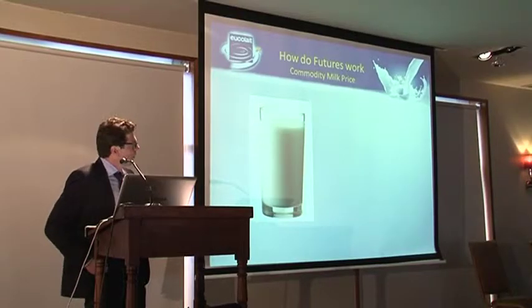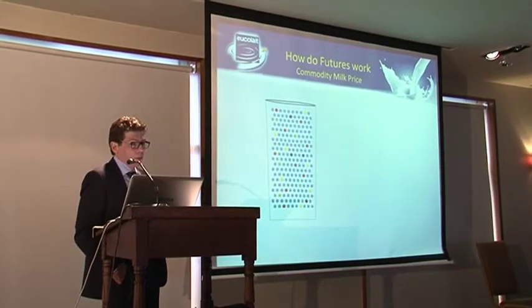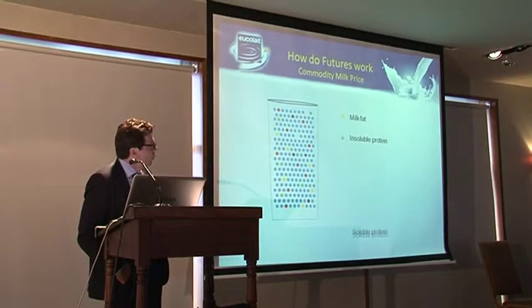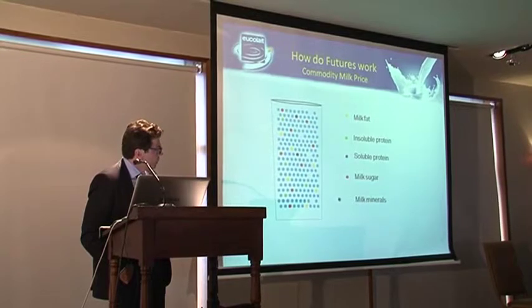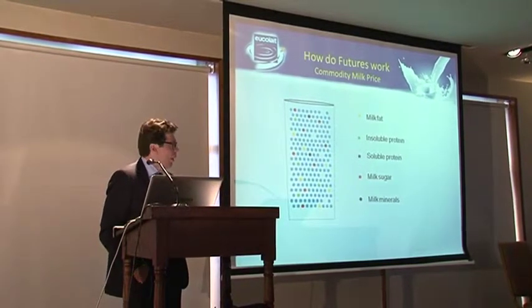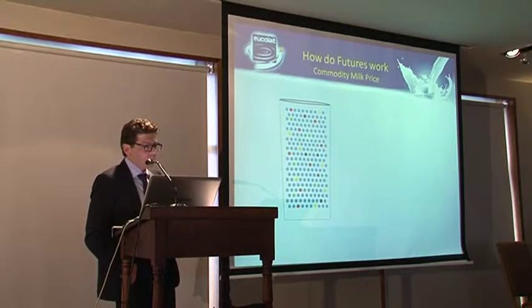I was so proud of my gimmick here. One of the elements I wanted to show: if you look at a glass of milk, you can also look at its individual components. You have milk fat, and two types of protein, insoluble and soluble. The insoluble is the casein and the soluble is the whey. You have lactose and you have minerals. I made that presentation at the expert group for agricultural commodities, and I had an audience that was not so knowledgeable on milk, but I thought it was a very good way to demonstrate why commodities can